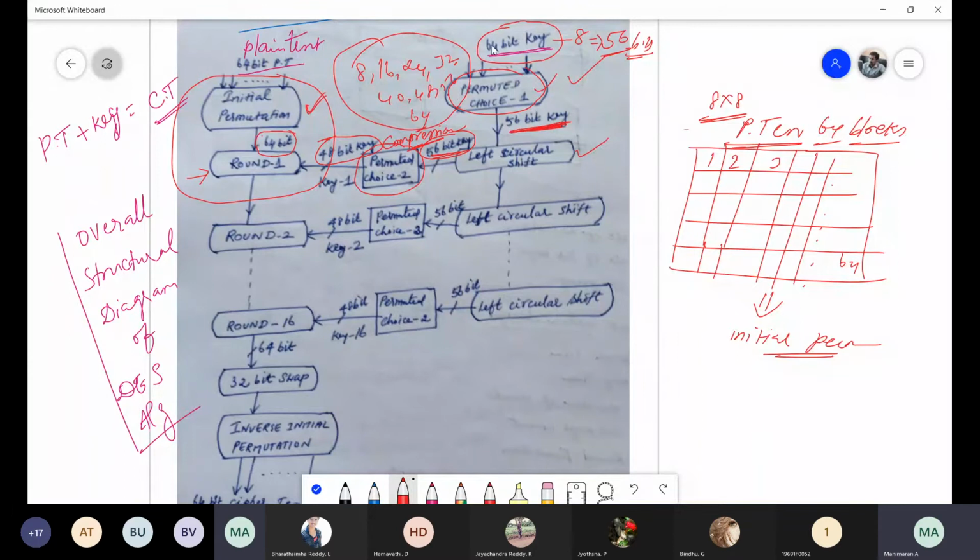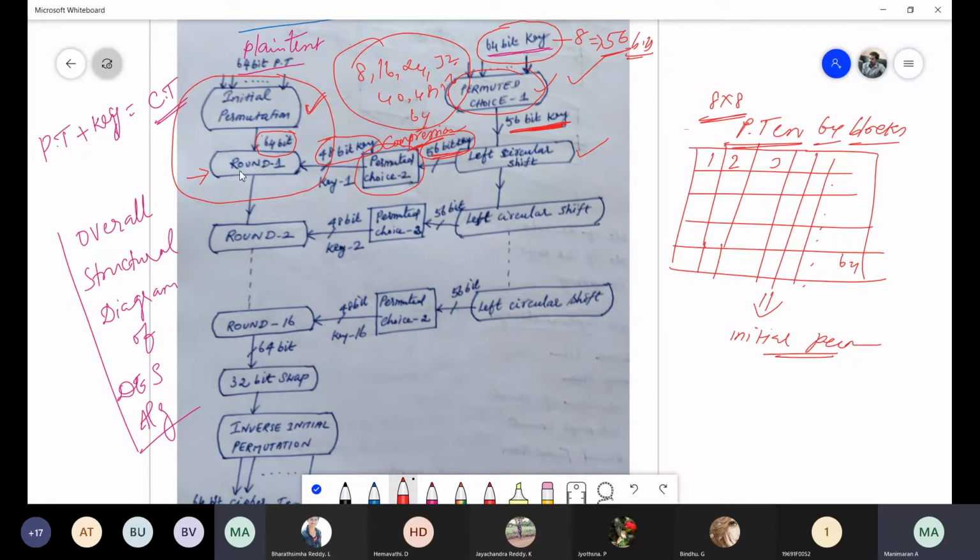Okay. Now the plain text here is 64 bits and then the key value. I already told you the key size is generally 64 bits, but what is the subkey size? 48 bits. Before getting these 48 bits, we apply permutation 2 times and left circular shift 1 time. So this 64-bit plain text we give to round 1, and the 48-bit key also we give to round 1. Now we will see in detail how each round works.